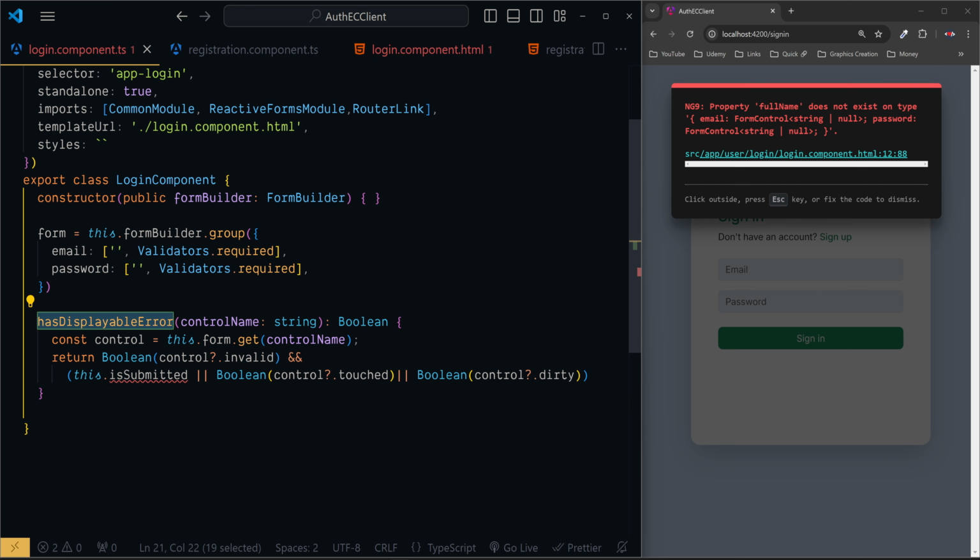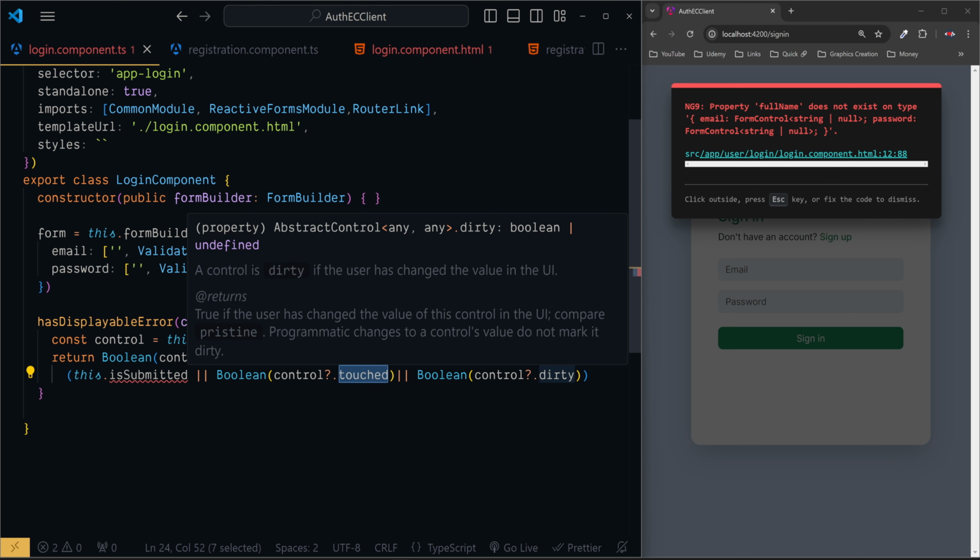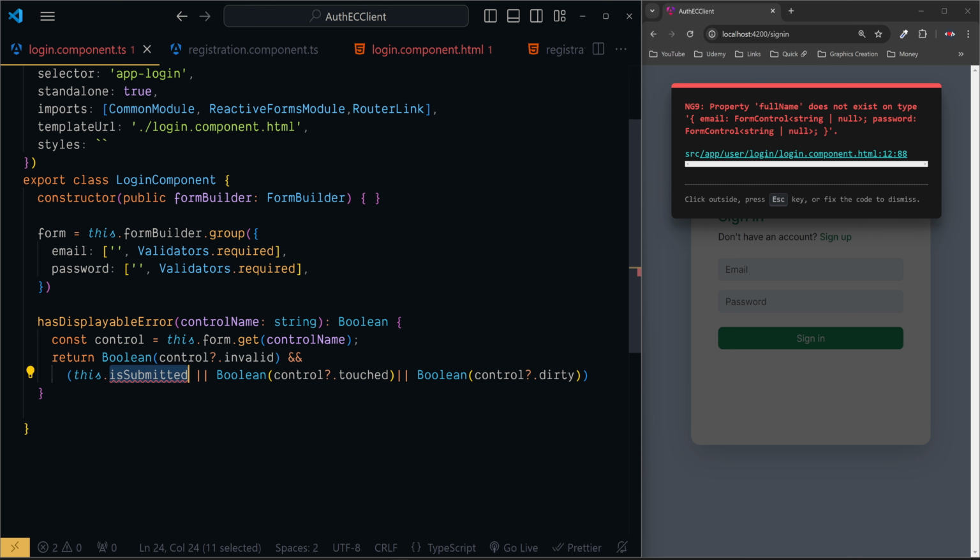So to this function, we'll be passing the name of the control. And here we have written a Boolean expression deciding whether we want to show the validation error feedback or not. So as you know, the control must be invalid and either the form is submitted or the user is engaged with the control or the user changed the default value inside the control. This property is to be defined inside this component, which is indicating whether the form as a whole is submitted